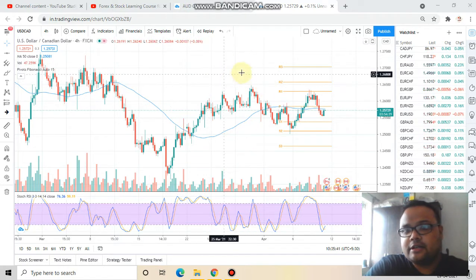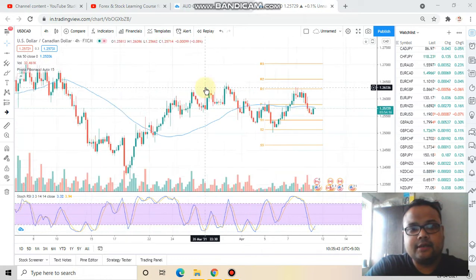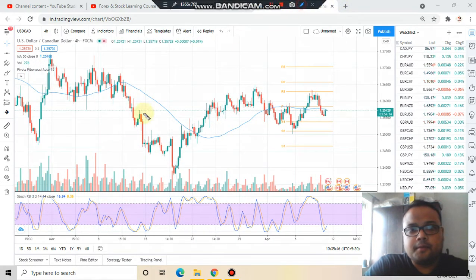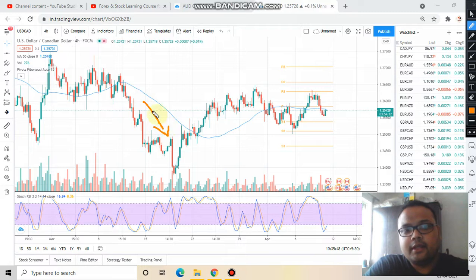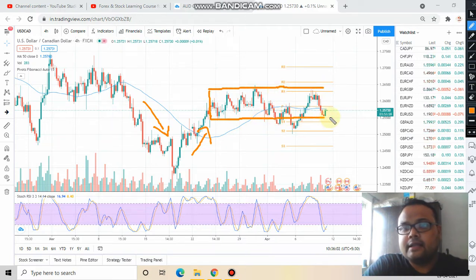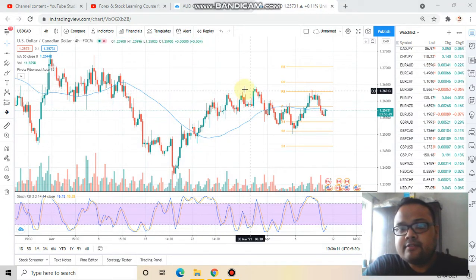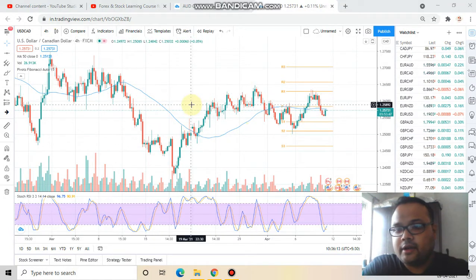So this is the chart of US dollar, Canadian dollar right now. And as you can see, after falling with a huge speed, market also recovered with the same speed again, and after reaching this particular level we can see that market was in a range, and still market is trading in a particular range, and there is no doubt about it. Okay, so we can see that there is no such resistance available here in the 4 hours time frame or any hourly time frame,